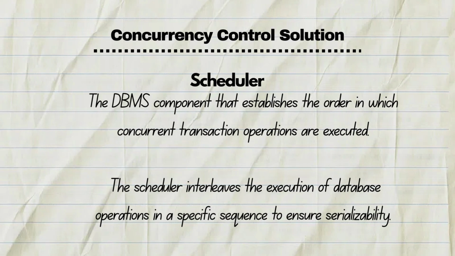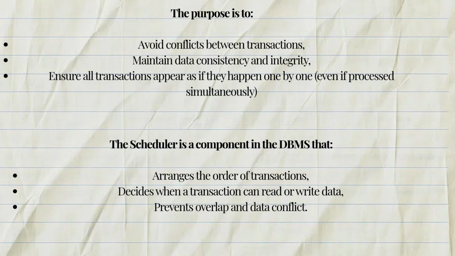For the solution to these problems, we can use a scheduler. The scheduler is the DBMS component that establishes the order in which concurrent transaction operations are executed. The scheduler interleaves the execution of database operations in a specific sequence to ensure serializability. The purpose of the scheduler is to